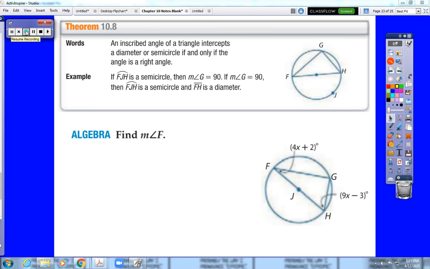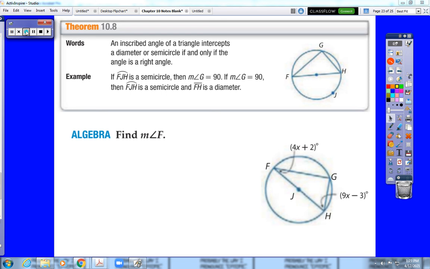Okay, next up we have what's called the inscribed right triangle theorem, which says an inscribed angle of a triangle intercepts a diameter or semicircle if and only if the angle is a right angle. So let's think about that. Okay, in the picture, does everybody see the center of the circle on line FH, indicating that FH is a diameter? Okay, so what this rule is saying is that if FH is a diameter,